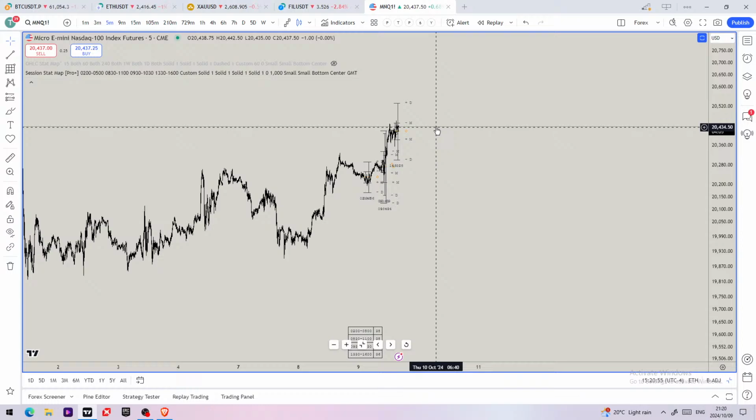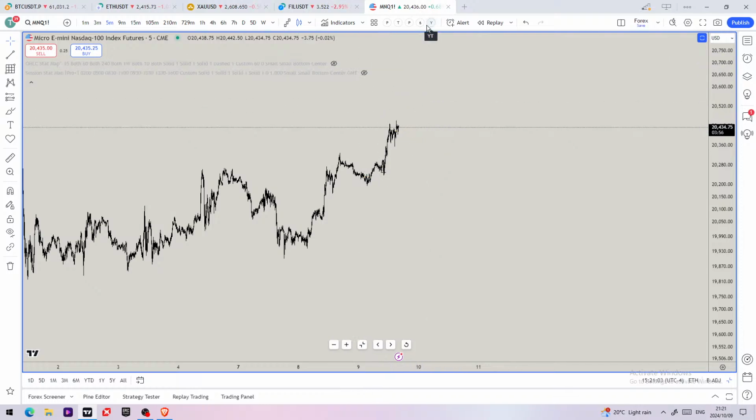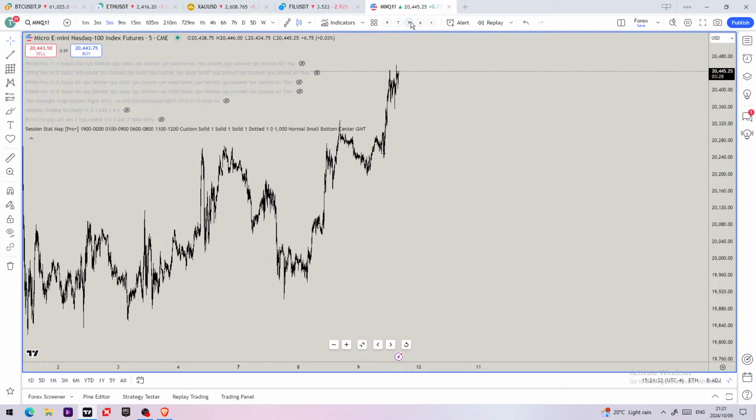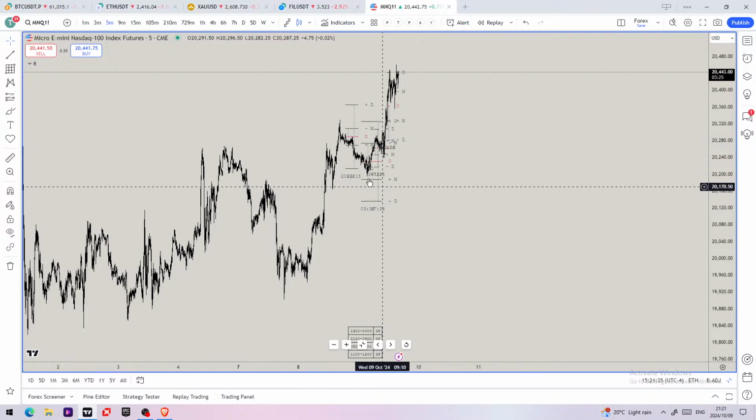Right, so now that we understand the differences between the open, high, low, close stat map and the session stat map, once you start to figure out your own times, there are other indicators out there like Prism, which offer you statistical probabilities of certain levels, highs, lows, equilibrium, opens and close being hit. Once you understand that, and I'm going to show you how we can input